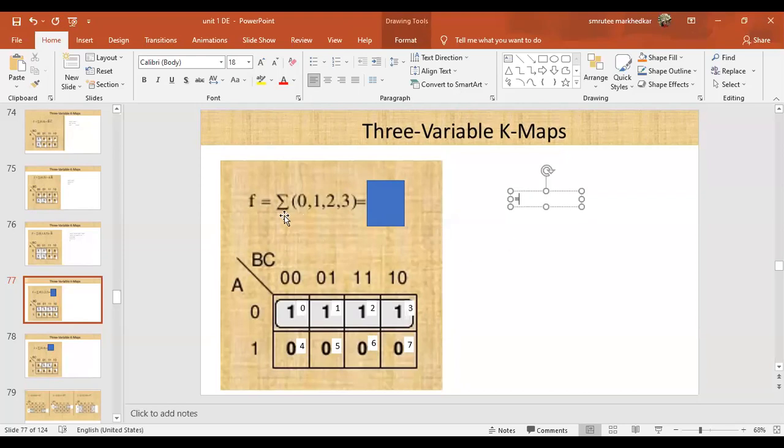First thing, we got the summation sign. That means it's an SOP. We will put ones only. We have put the positions 0, 1, 2, and 3. So 0, 1, then 2 will come here, and 3 will be right. Remember this, same way it will come here. 7 will come here and 6 will go here. Okay, now here what we are having? 0, 1, 2, and 3, all ones together. Now, how to solve it?